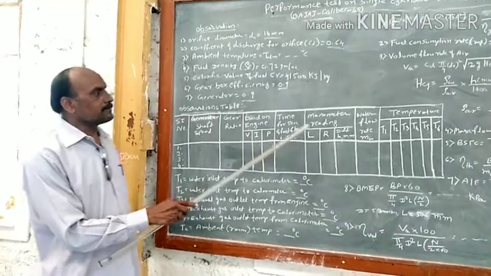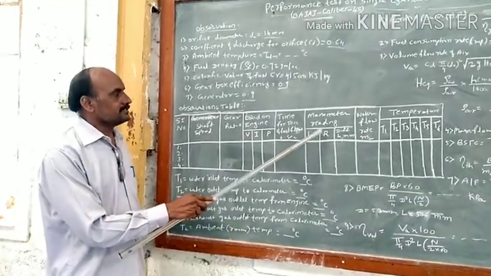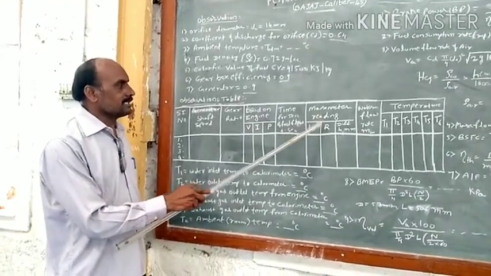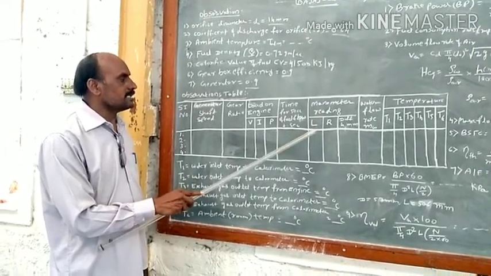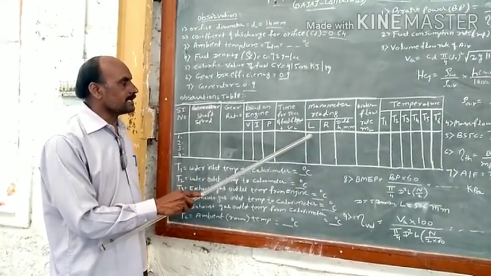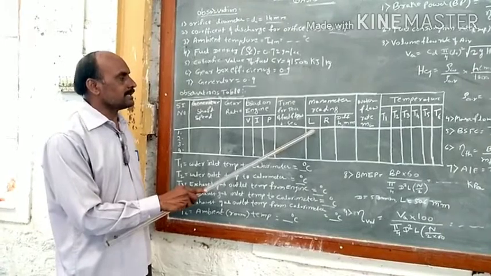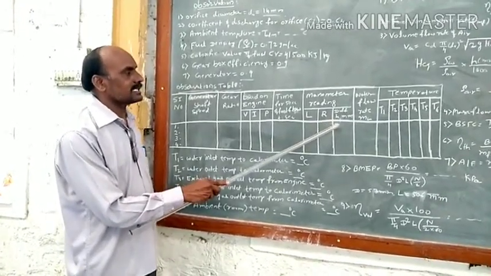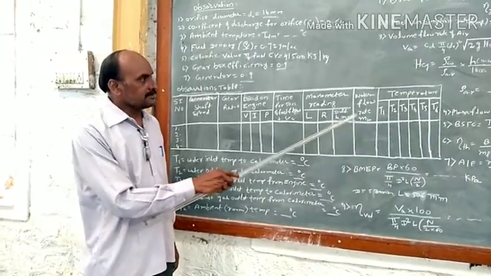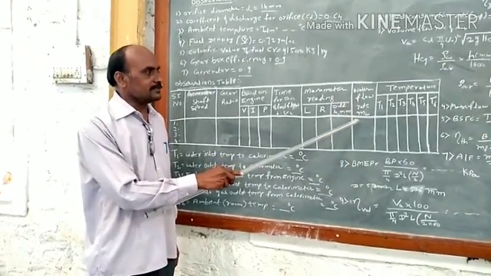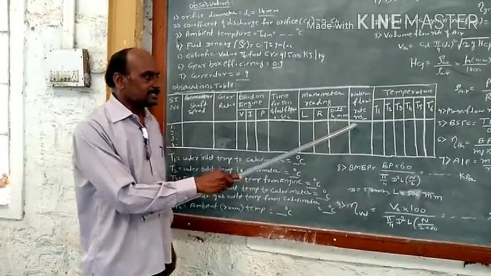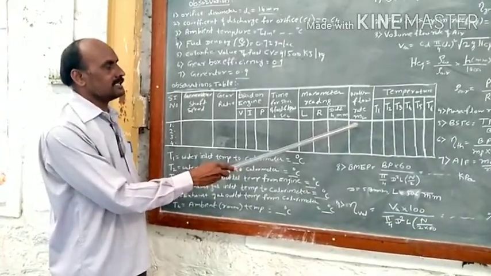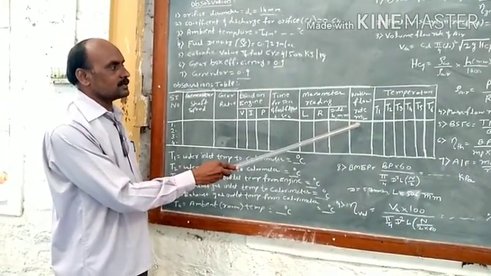And to know the flow rate of air, we use the manometer, and we note down the water column height at the left limb and the right limb of the manometer, and the difference is taken for calculating the air flow rate. Similarly, water flow rate is adjusted as per the specifications given in the manual, and it is noted down.